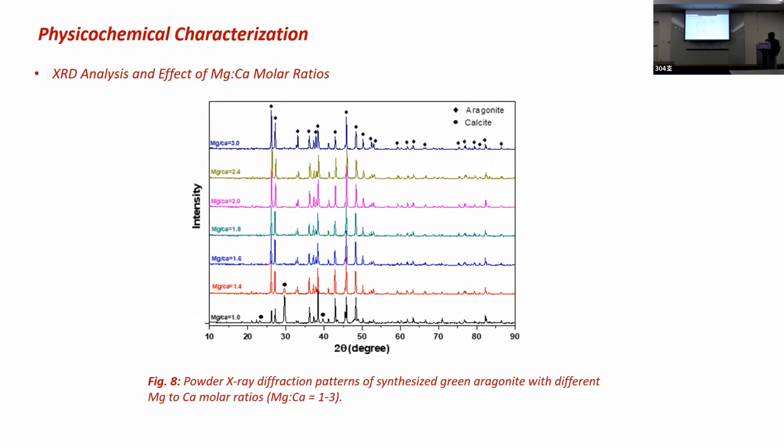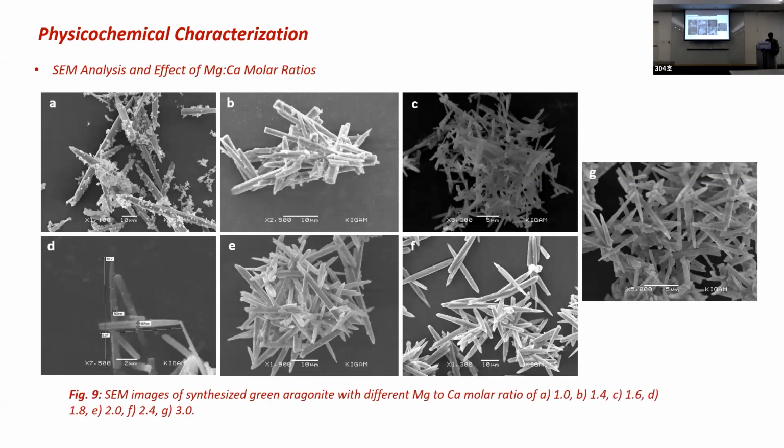And as I mentioned before, the magnesium to calcium ratio is very critical, and we found that a 1.8 magnesium to calcium ratio was optimum for the synthesis of aragonite. This was further justified by the SEM images, in which we can find a good aspect ratio. One thing is critical: when the magnesium to calcium ratio is very low,